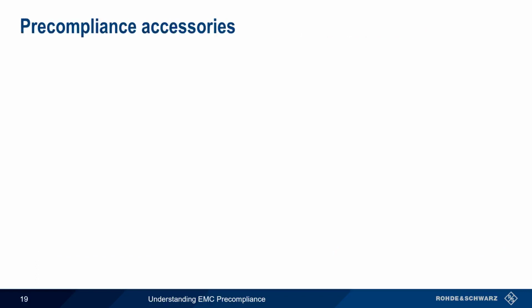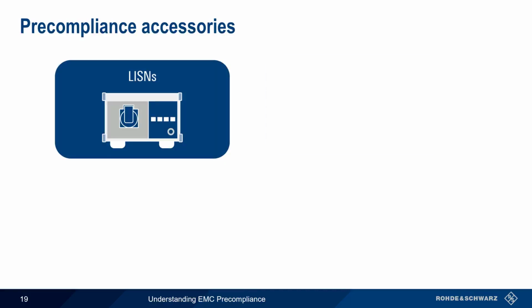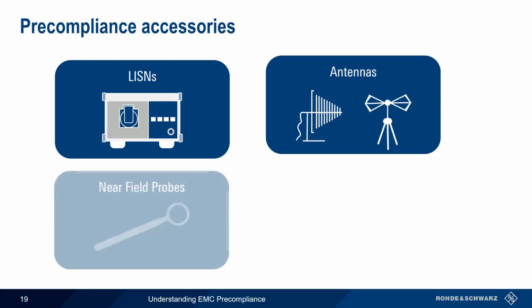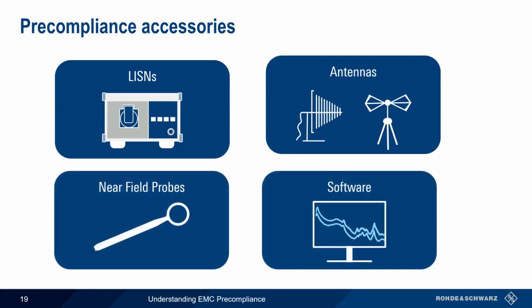In addition to the different types of instruments that can be used for pre-compliance, there are a number of different tools or accessories that are commonly used when making pre-compliance measurements. These are LISNs, different types of antennas, near-field probes, and software. We'll close out this presentation by spending a few minutes discussing each of these and the role they play in